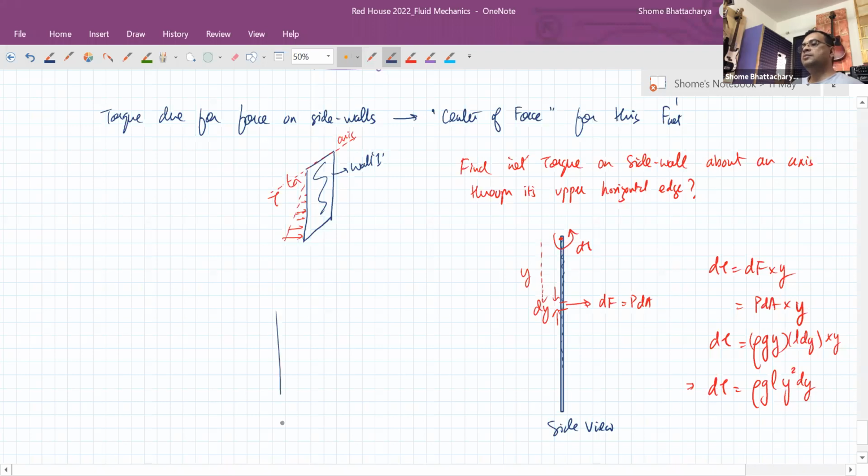So again, seeing in the 3-dimensional picture, if I consider that thin strip at a depth of y, because of the net force acting on that thin strip due to pressure, this force is creating about this axis a torque, which I've shown. This is creating a differential torque like this. So the net torque, we have to integrate this.